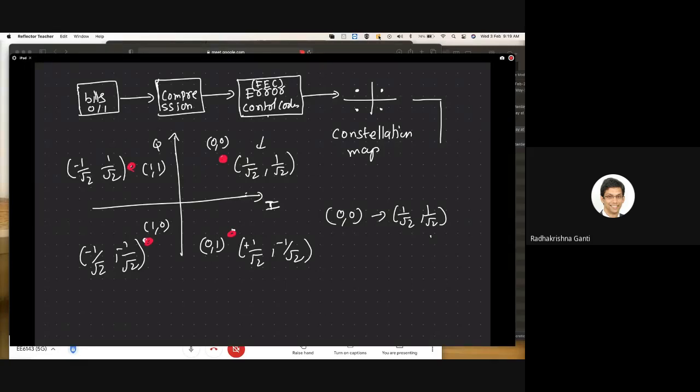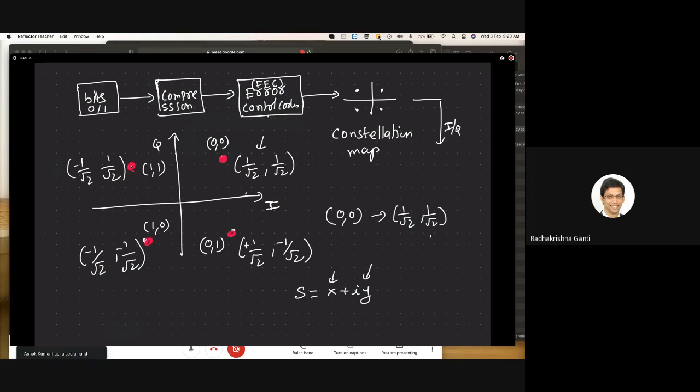I also represent this as a complex number. So I say the output is equal to x plus iy. X will be the in-phase and y will be the quadrature phase. So essentially the output is a complex number. Is it clear? The complex number is one way of representing it. That's one way of thinking about the whole thing. So you get I comma Q.